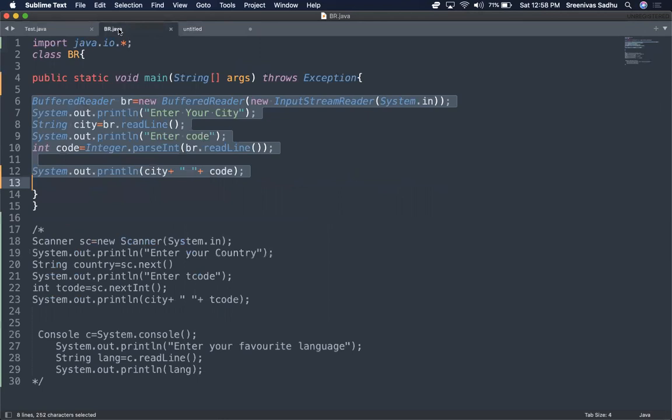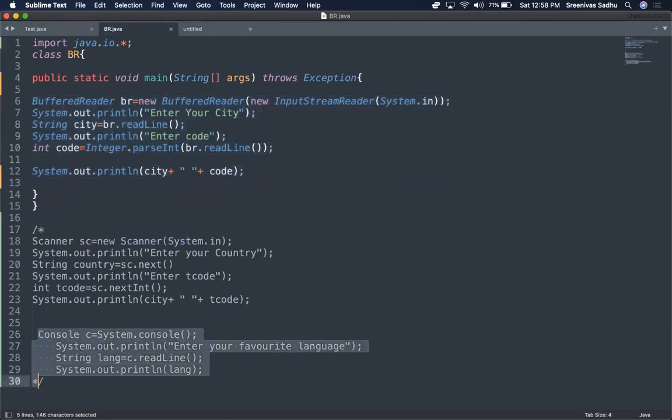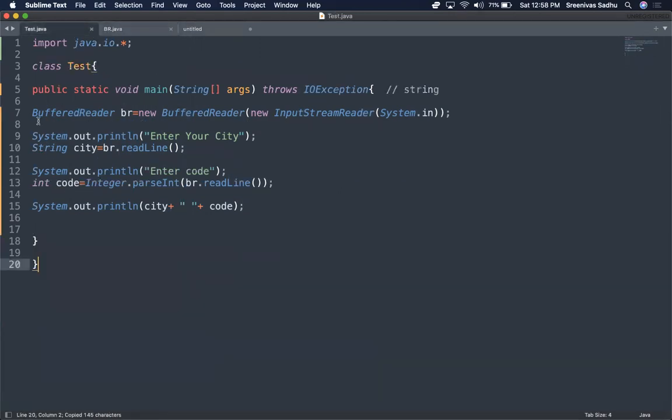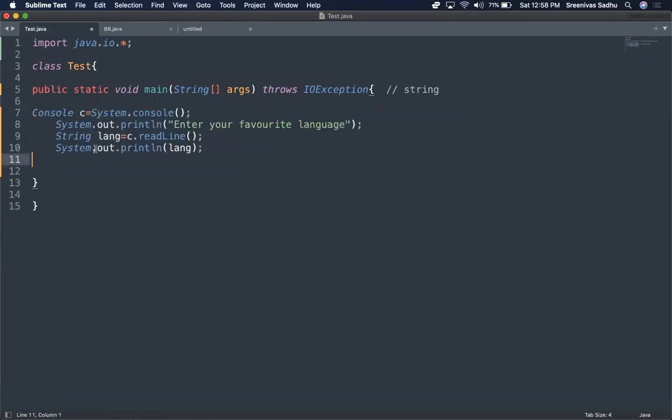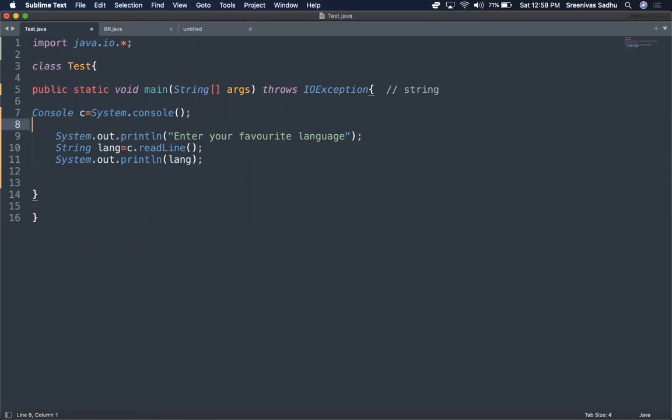Let's see, I have the code snippet already written to save time. I'm copying this and putting it in my Test class. For the time being, I'm removing this BufferedReader stuff here, and since this Console class is also available in the IO package, I'm importing java.io.*, and this is how you create the Console object: Console c =